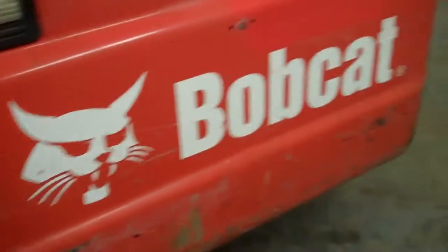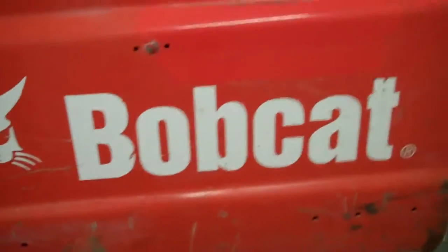Door is in nice shape. We got a few scratches on it, but it opens and closes great. Boom is in nice shape. The corners are nice on the machine. It's got its few average scratches on it, but nothing out of the ordinary. Tube lines look good. I don't see rust on those. The plate, a little bit of play in there. We might have to tighten that up for you. All right, on the inside, I'll just take a look at the roof as well. Nice shape. On the inside,